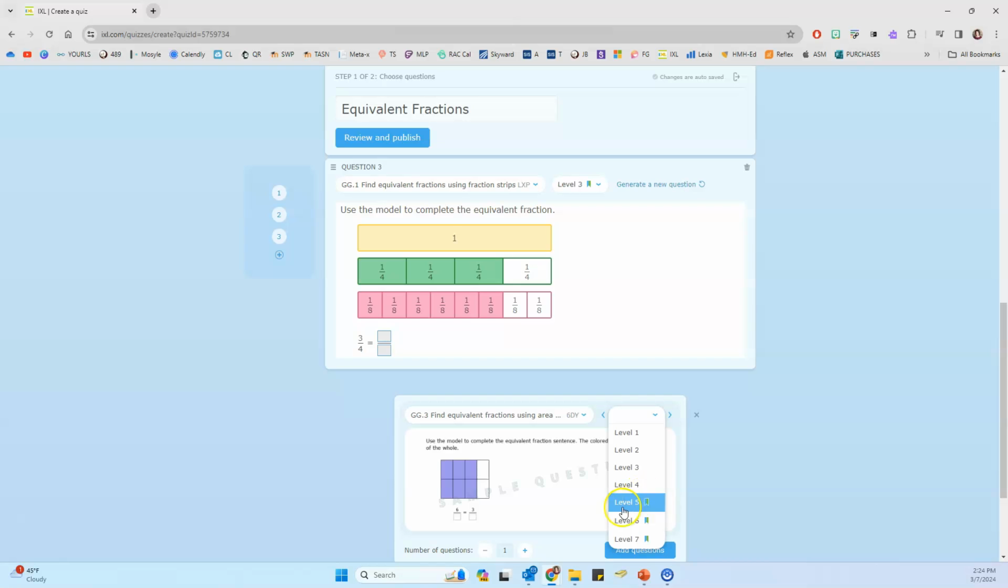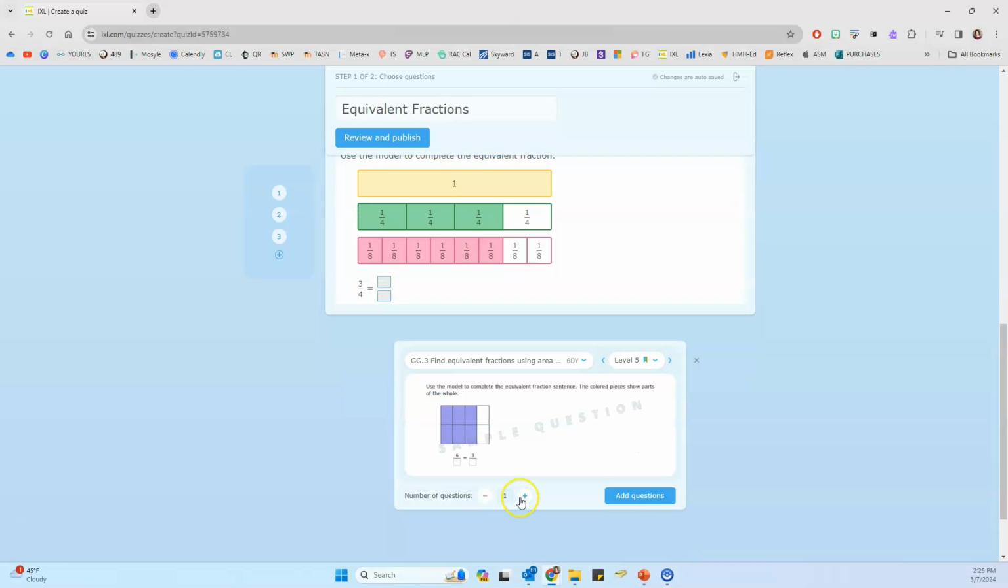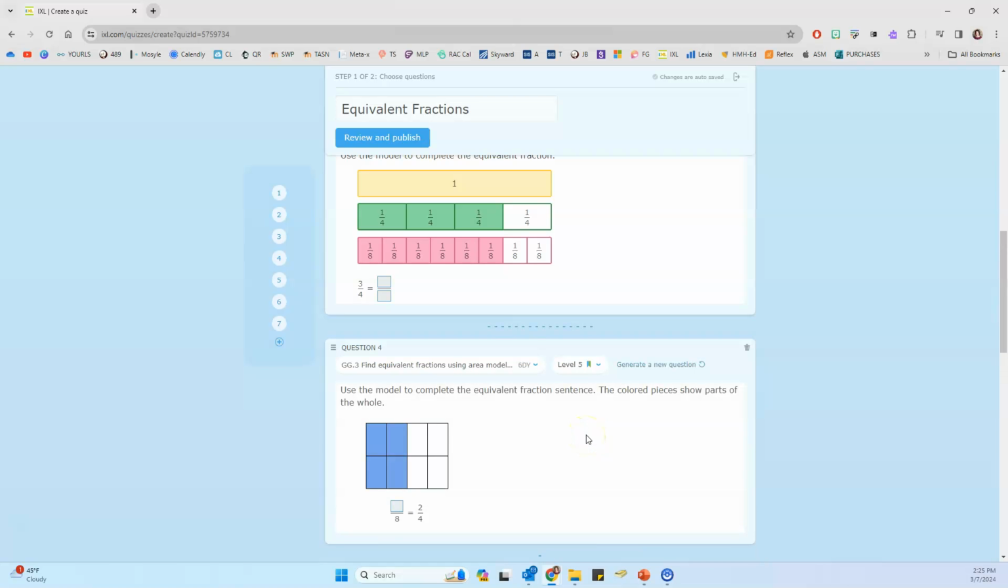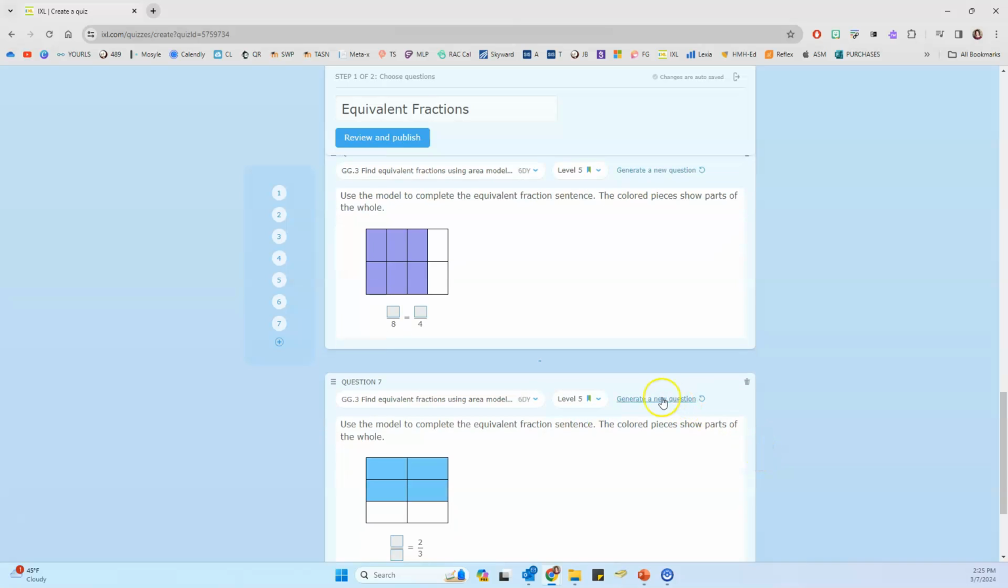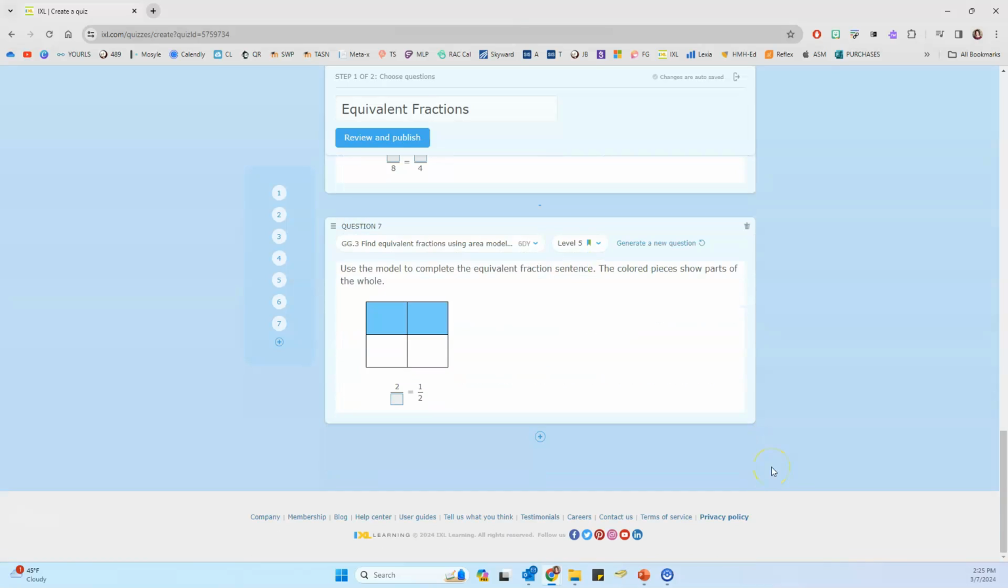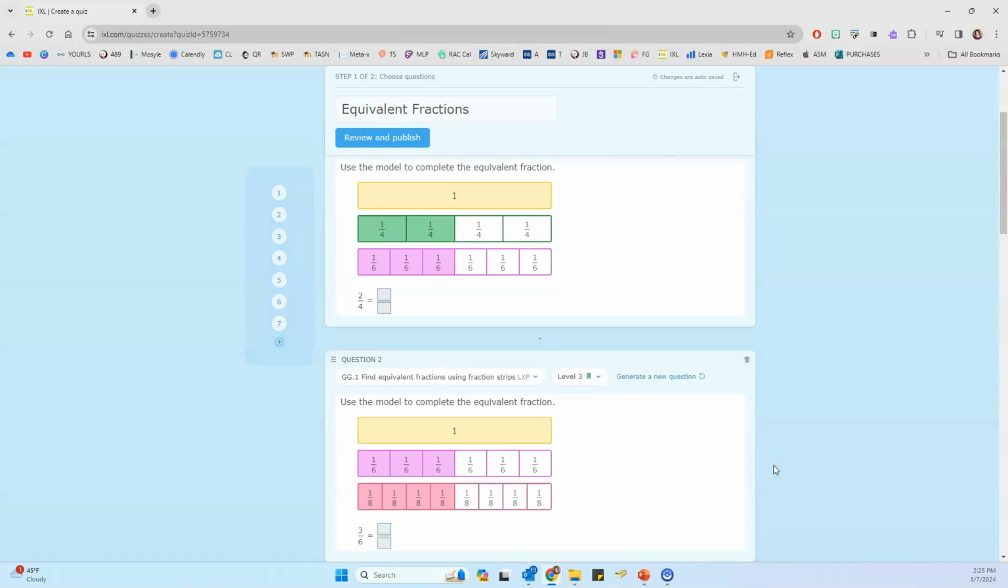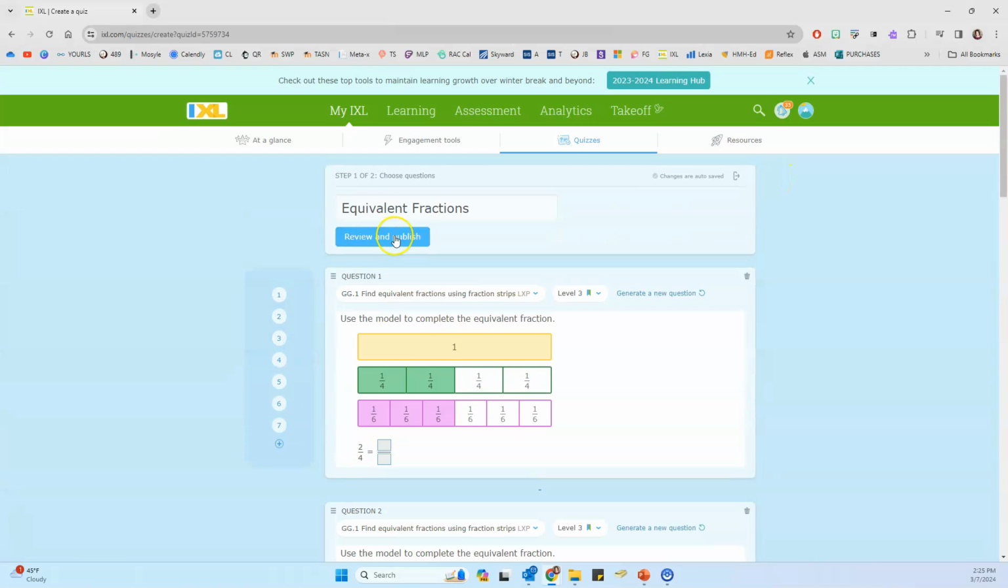And again, here I want to pick the level, and then I can choose how many questions I want and click to add questions and continue on until I'm happy with my quiz. And I can look over a question, and if I'm so inclined, I can click to generate a new one. And then once I'm happy with all of my selections up here at the top, I can click to review